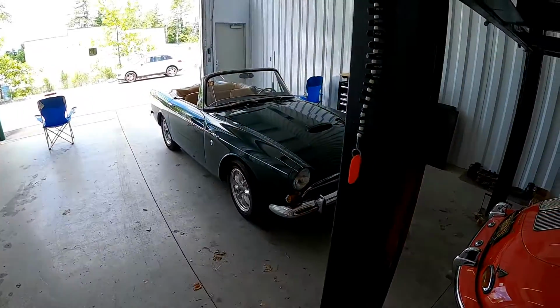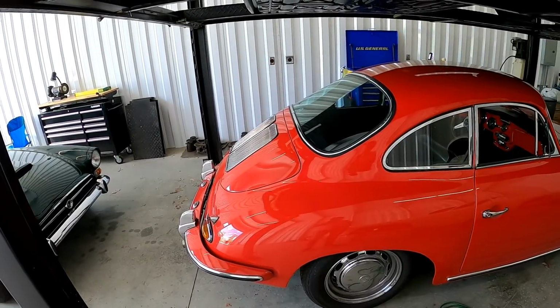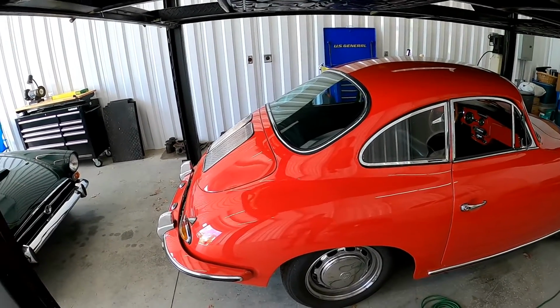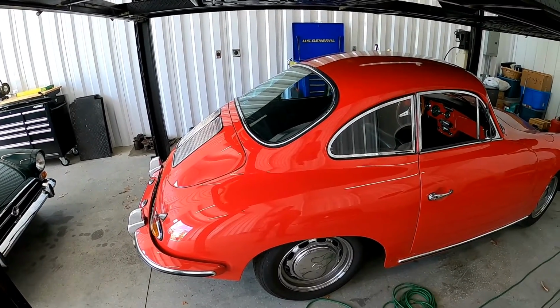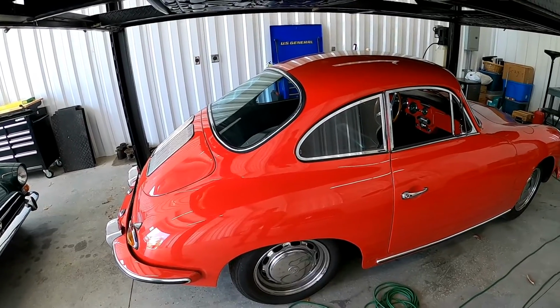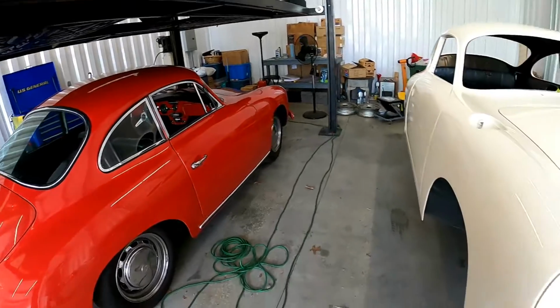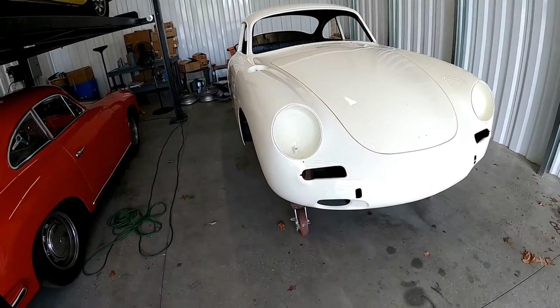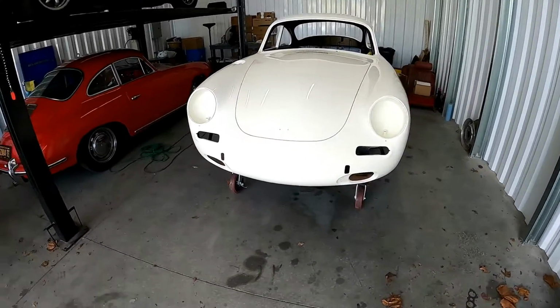The Sunbeam is fine. So I didn't really know what to do with myself. The Jag E-Type got sold. That was what always took all of my time up for the most part. So in a fit of insanity, I decided to find something else to do, and that something else is parked next to its cousin or